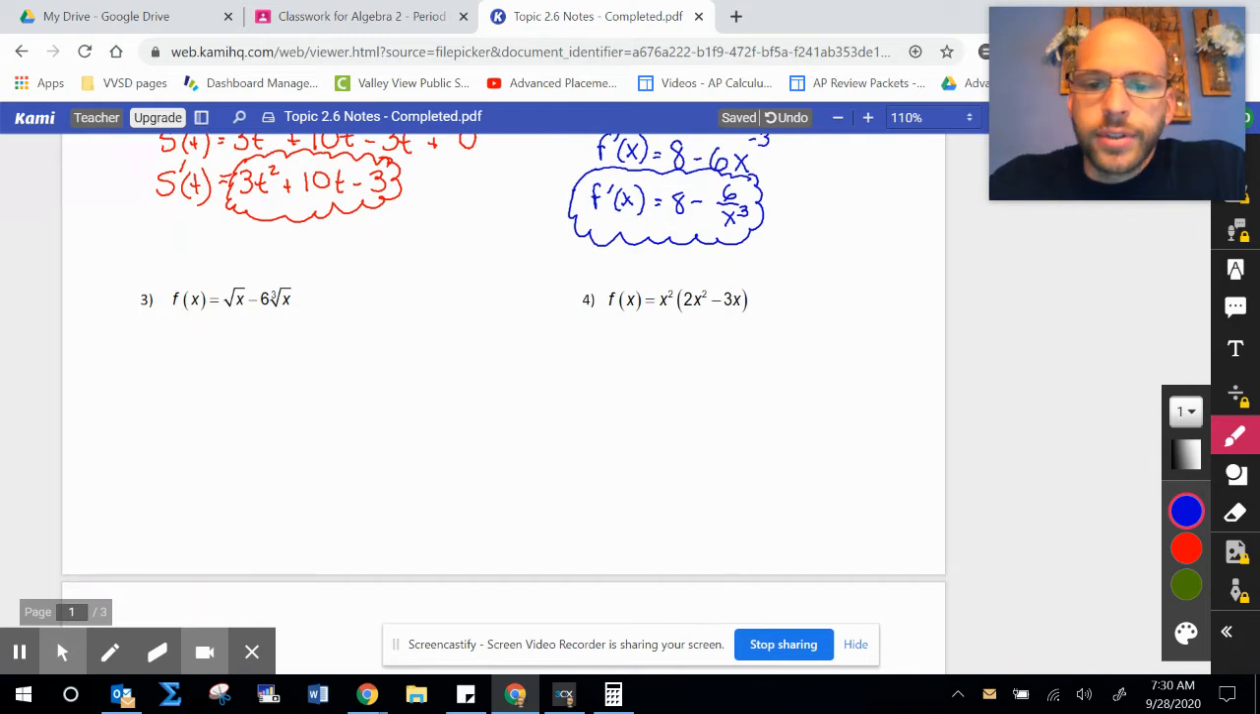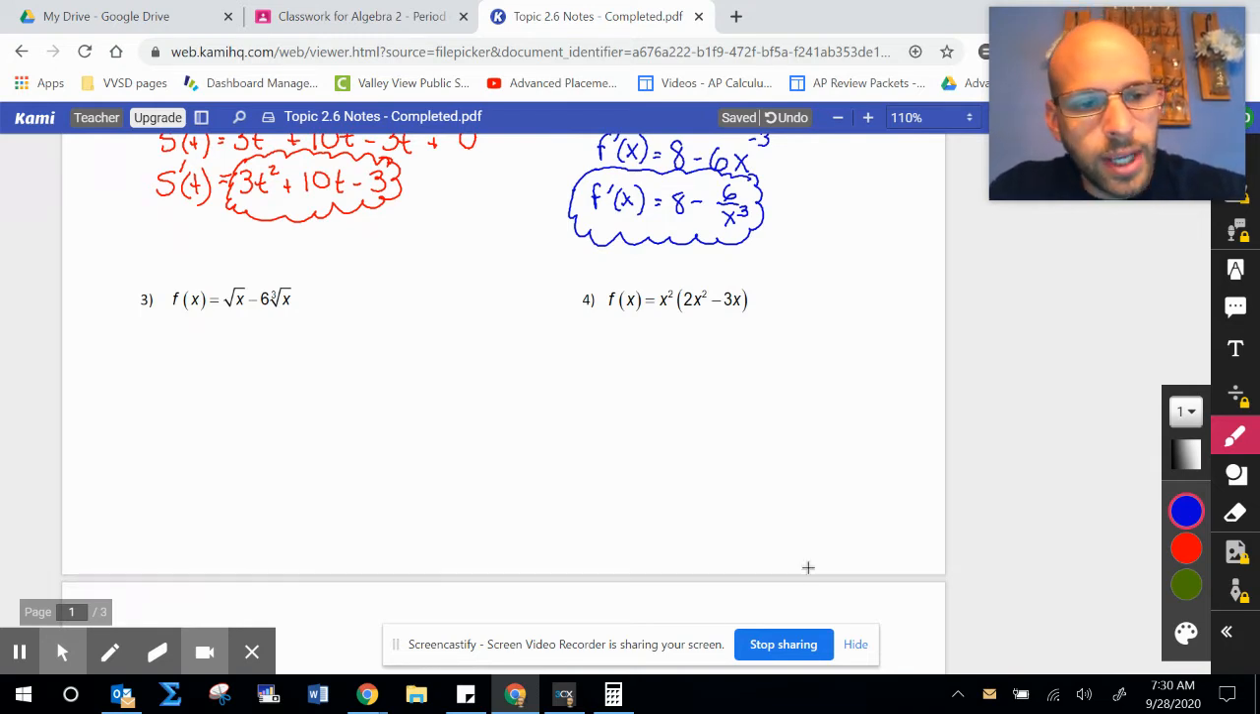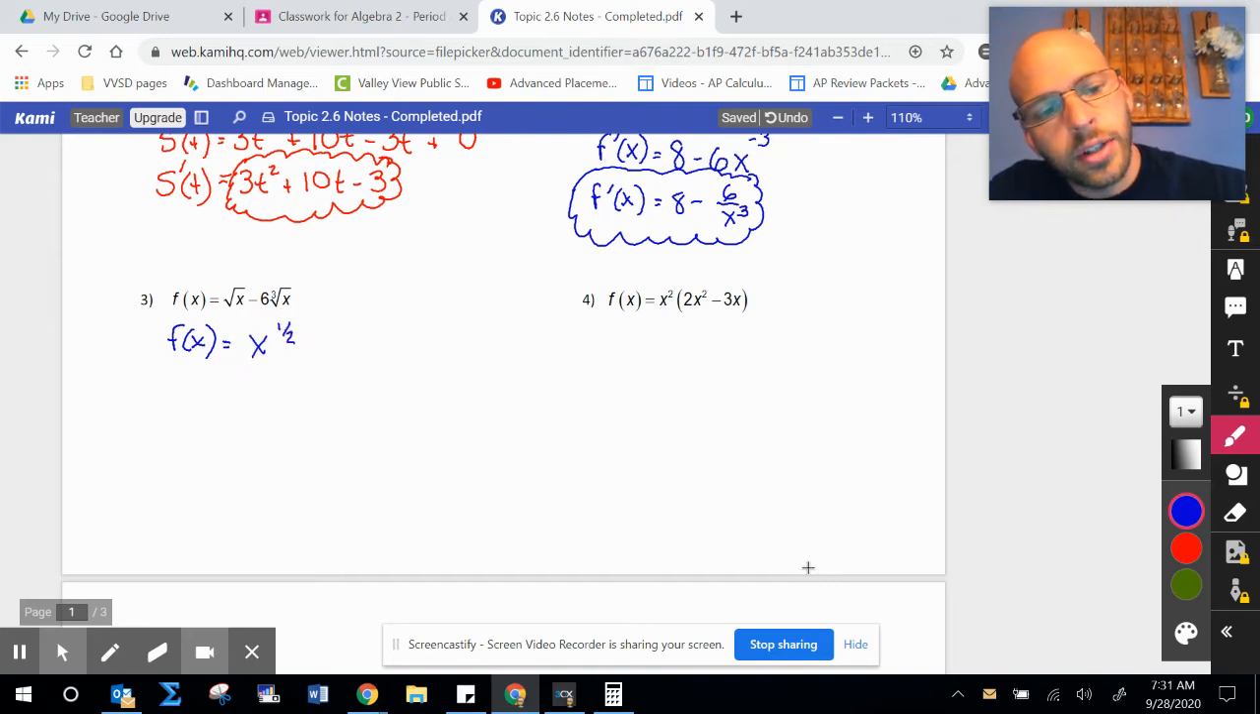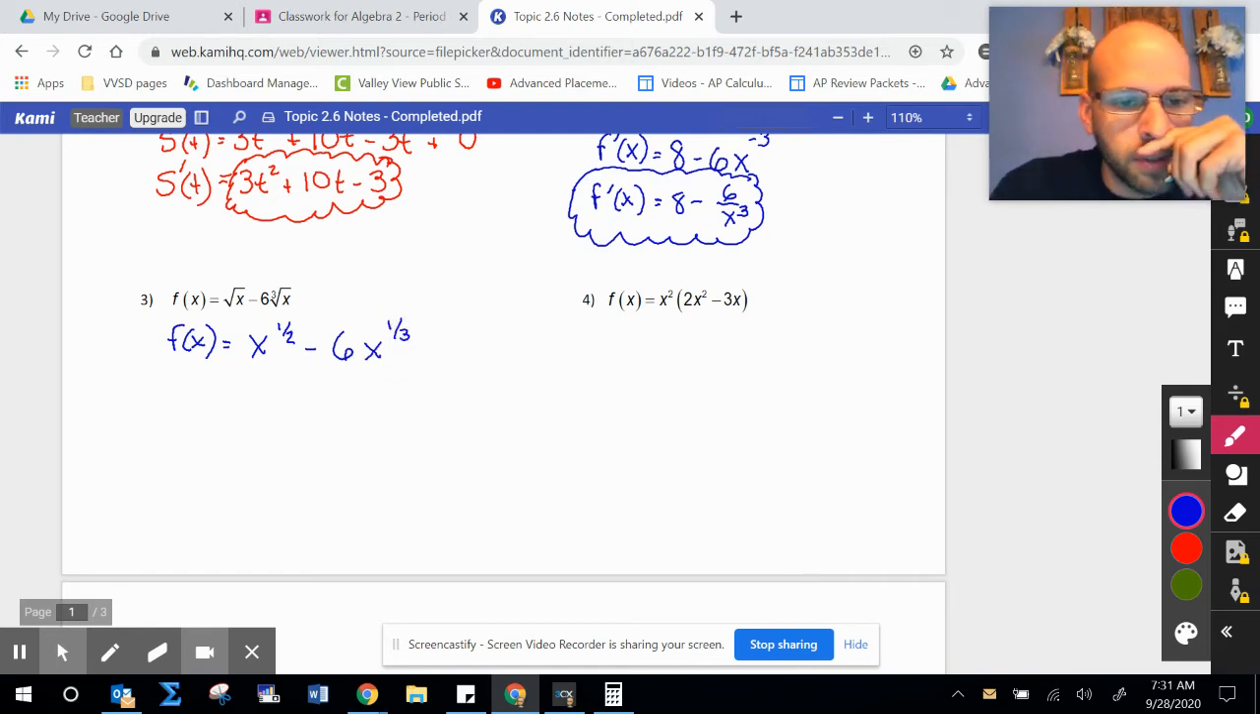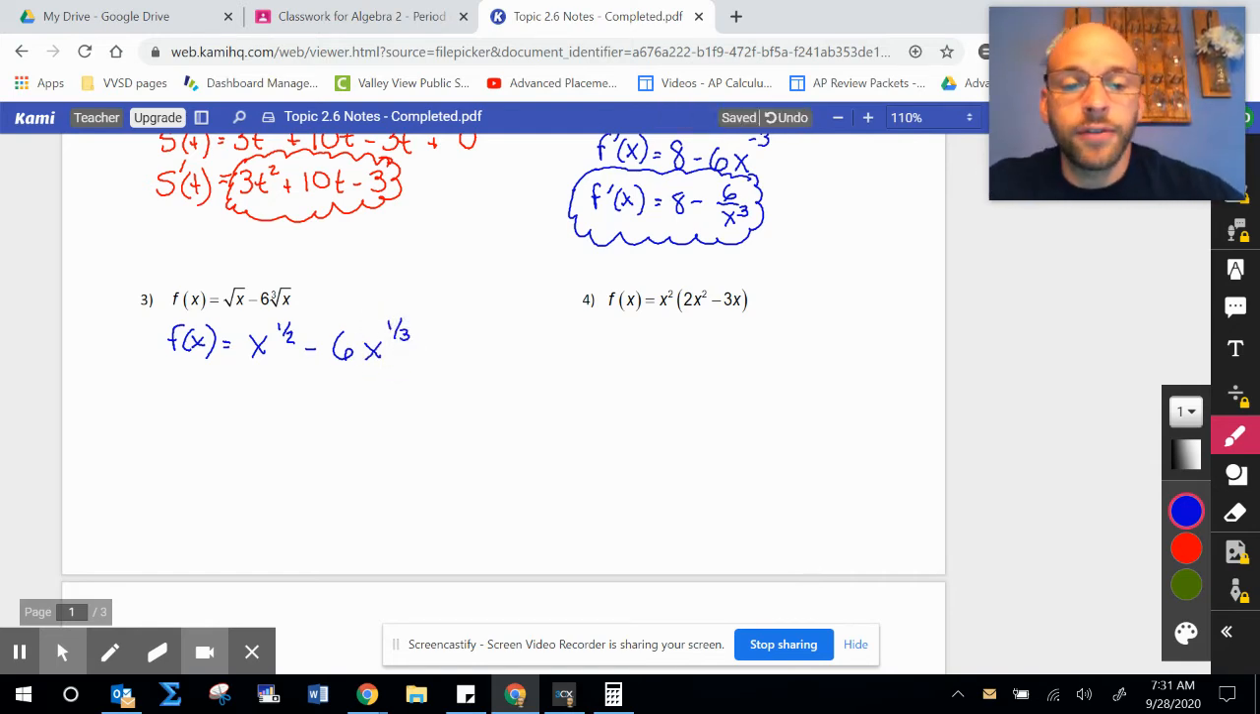Number 3, I have some radicals. Well, I'm going to go ahead and rewrite those radicals as powers. So before I take the derivative, notice I'm just leaving this as f of x. I want to write this as x to the 1/2 minus 6 times x to the 1/3. Now, ultimately, the 6 doesn't make too big of a difference because it's just a constant multiplier. But if I take the derivative here,